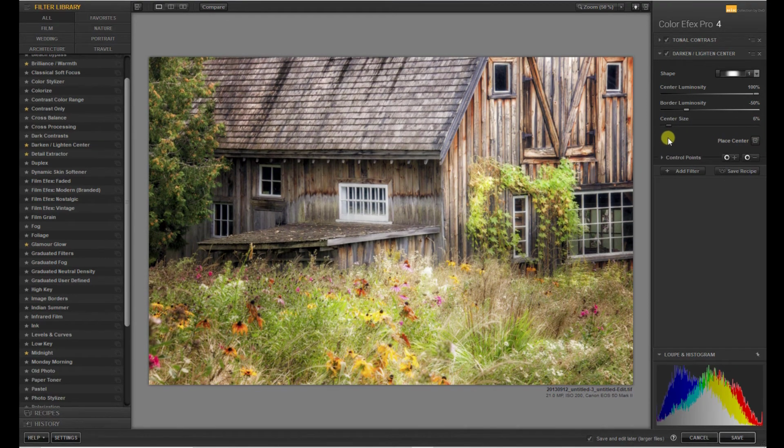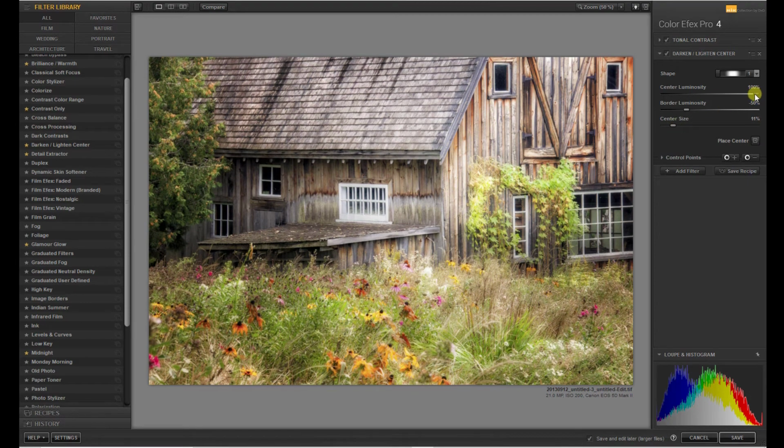So the center might be more like this in terms of size. And you can go back and say, you know what? Nah, that's not really the star of the show. Maybe it's really sort of up here. Or maybe it's over here. You can decide what you think the star of the show is. And now that we have adjusted our center size,